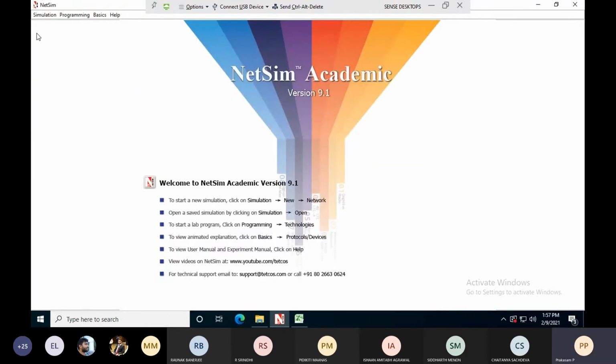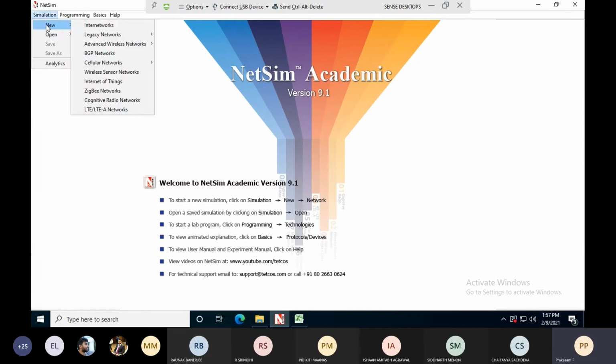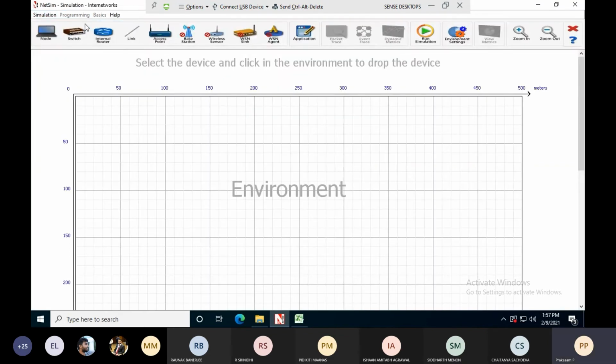Now the same thing I can simulate using the switch. Go to simulation. Select new internet networks. The same procedure I'm repeating here. Instead of hub, I'm just using switch. That is the only difference. Click the switch.